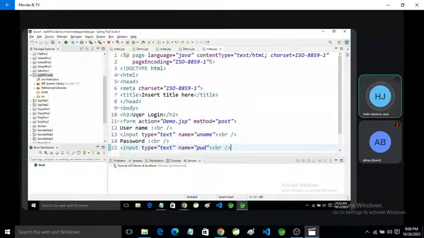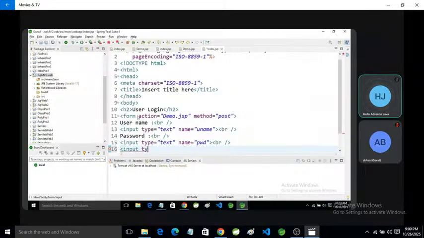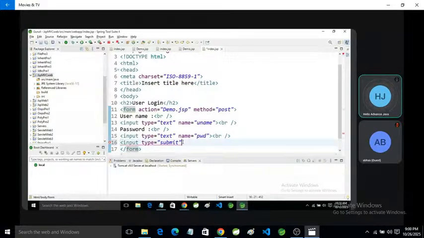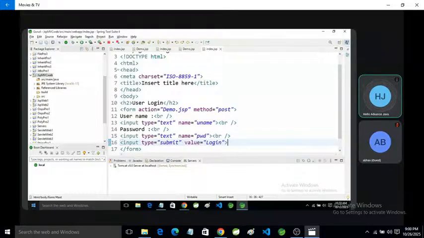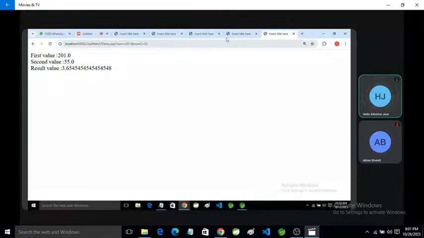After that, input type is equal to submit, value is equal to login. Okay, we want to receive this value in the controller.